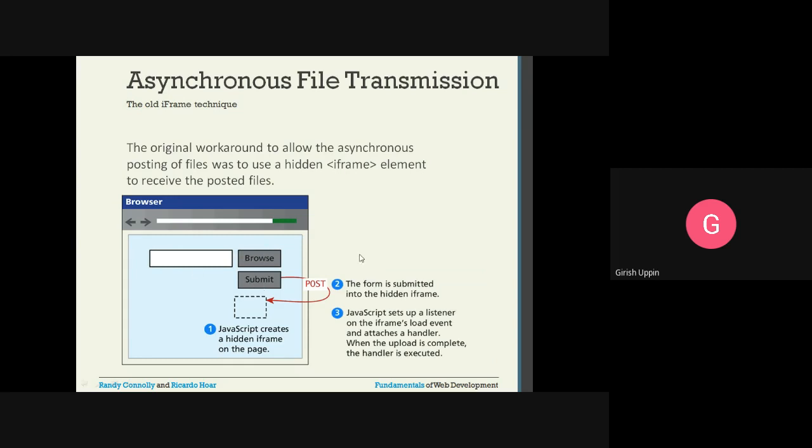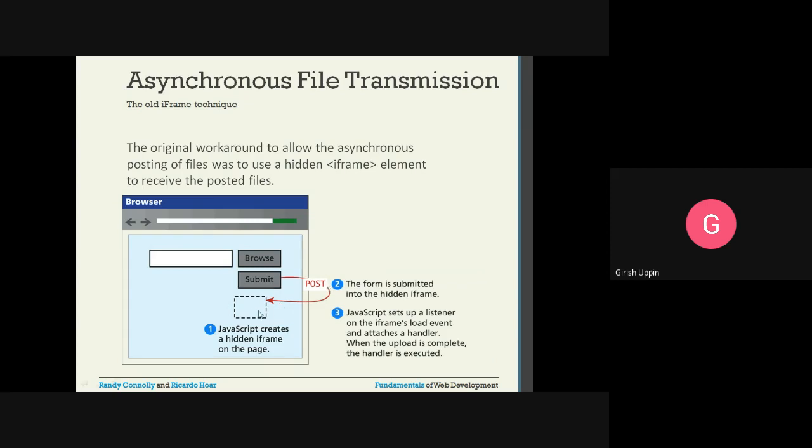The original workaround to allow asynchronous posting of a file is to use a hidden iframe element to receive the posted files. So that is one way of making the asynchronous call. JavaScript creates a hidden iframe on the page. Then on clicking submit, the form is submitted into the hidden iframe.